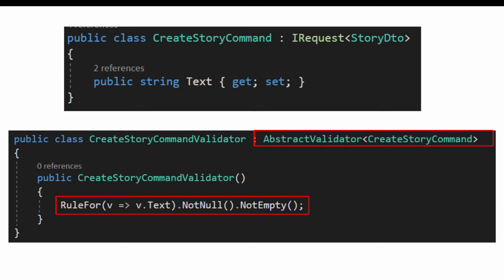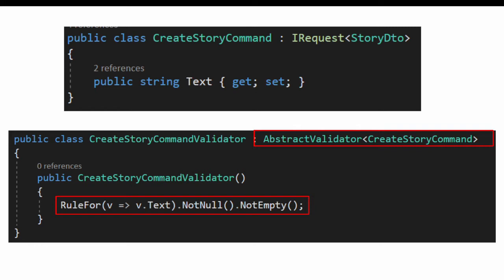So we will be writing a separate class for validation. Here it is, create story command validator, which we derived from the abstract validator class, which is provided by the Fluent Validation Library. And in the constructor of this class, we need to write validation rules. Fluent Validation Library provides a rule for method to write validation rules.